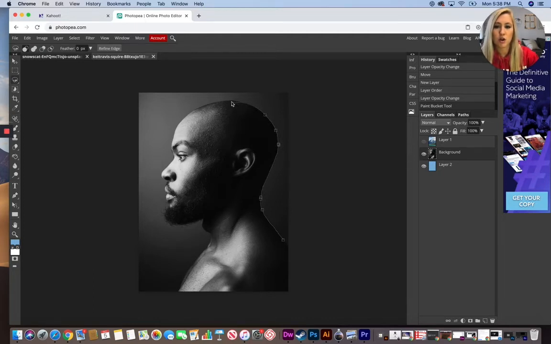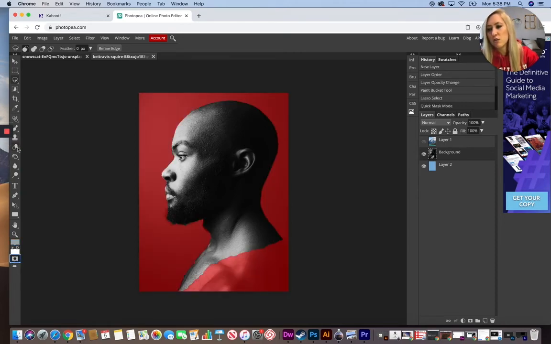Take your time, go around the edge, make it as perfect as you want, but remember you can always go back and adjust just a little bit to make sure that it's perfect when you're completely done using your mask tool on your toolbar. Okay, so there's my selection, and again on my toolbar I can hit that mask option